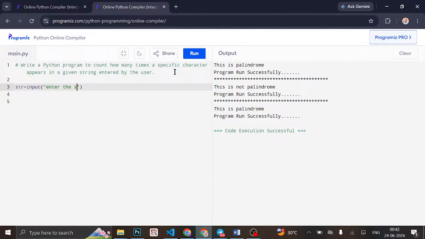Enter the... result equals to str. We need to count any specific character, str equals to one count. It says specific character. So we can find the specific character like O. How many times does the O appear? Okay. Print here